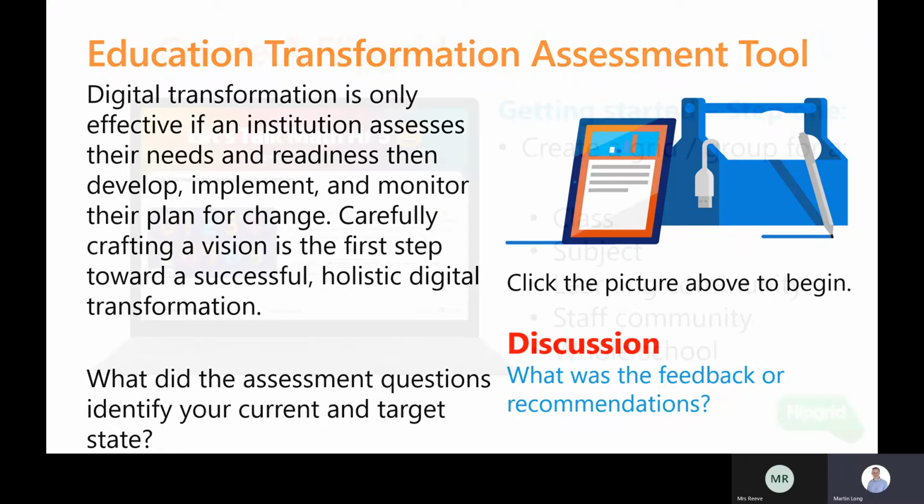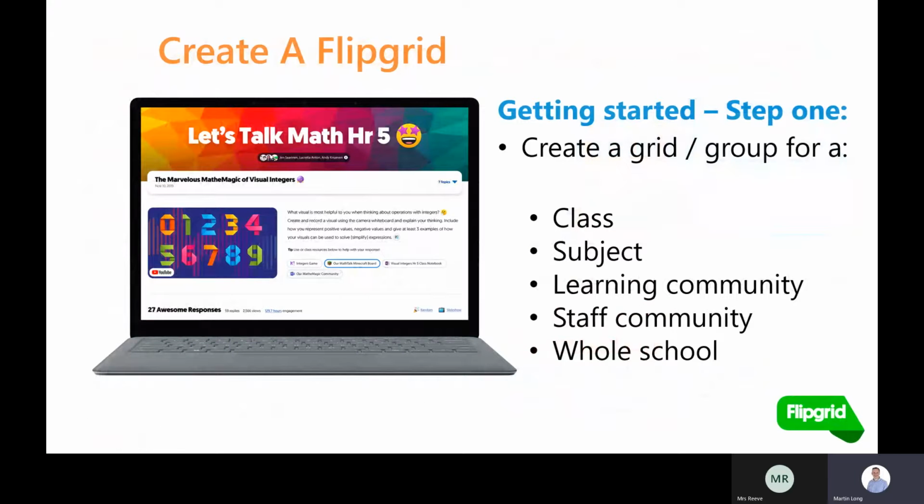So we are going to focus today on, as I said, using 2 tools, and the first is around the student voice and also the assessment, and we're going to have a look at Flipgrid. Flipgrid itself is web-based, so you don't have to install it. It's also accessible through Office 365, and after we've had a look in theory, we'll branch out and we'll go over to a real Flipgrid and have a look at how to use it.